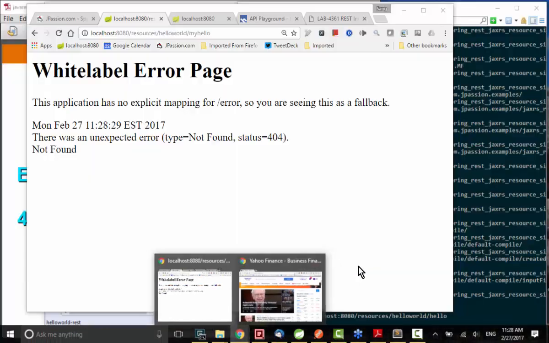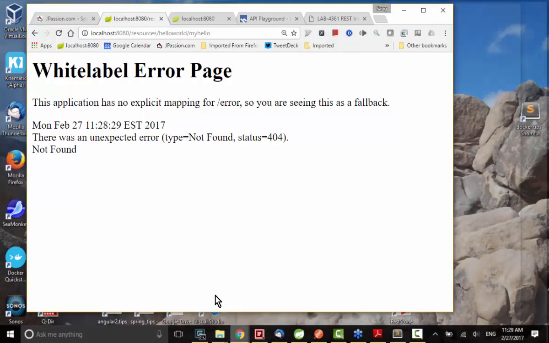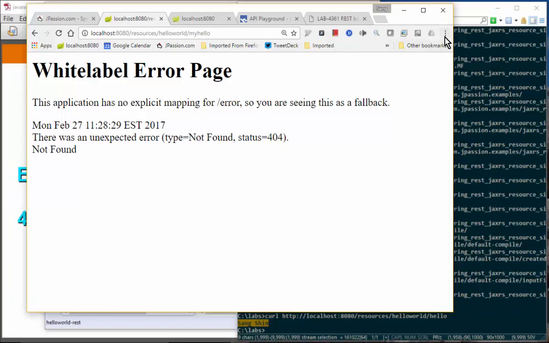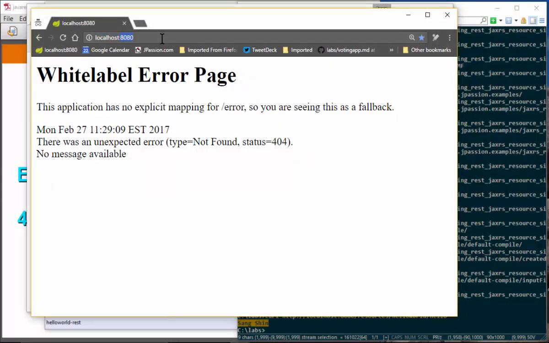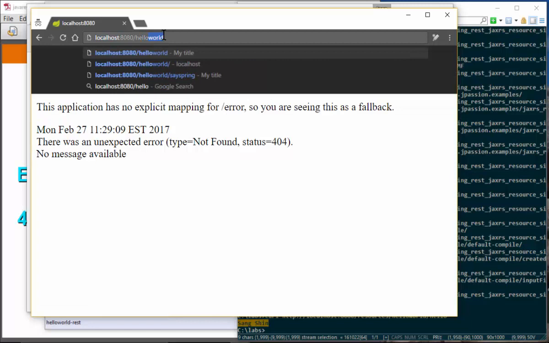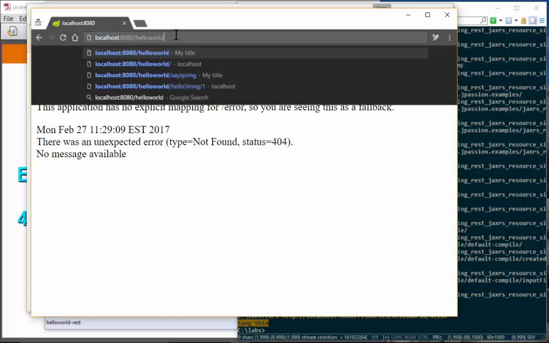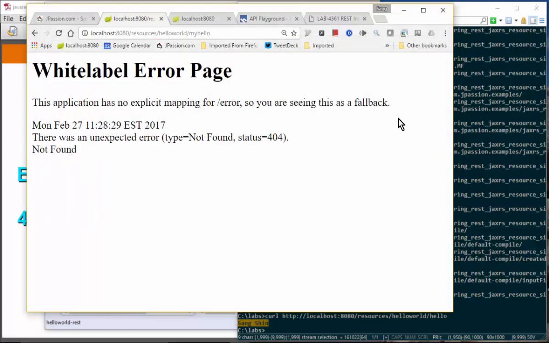So I'm going to clean this one as well, and this one. Here I should be able to have new window and localhost. Now I can say hello world, hello. It looks like I have to really,